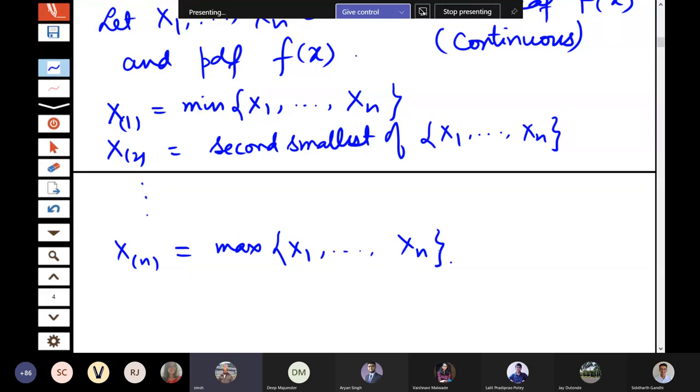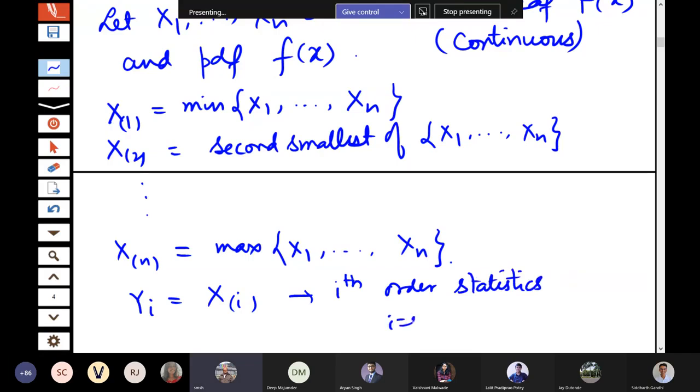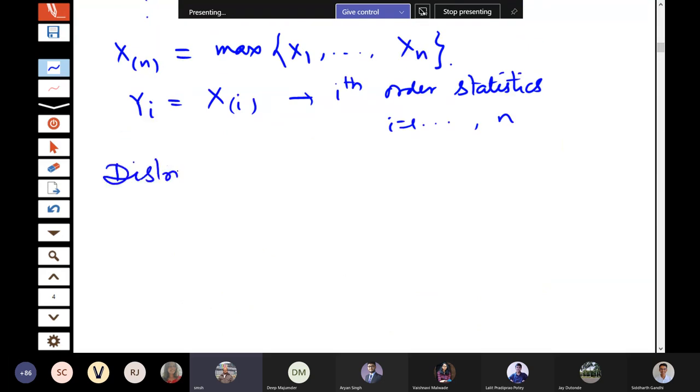Okay, so basically what is Yn? Yn is the largest, Y1 is the smallest, so Yi is the ith. Let us use the notation: this is the ith order statistic, for i equal to 1 to n. Is this definition clear to everyone? Yes, sir. Okay, so we will be interested in deriving the distributions of order statistics. What is the joint distribution? What is the distribution of the largest, for example? What is the distribution of the minimum, and so on? So let us look at some of these things here. Okay, we look at the distributions of